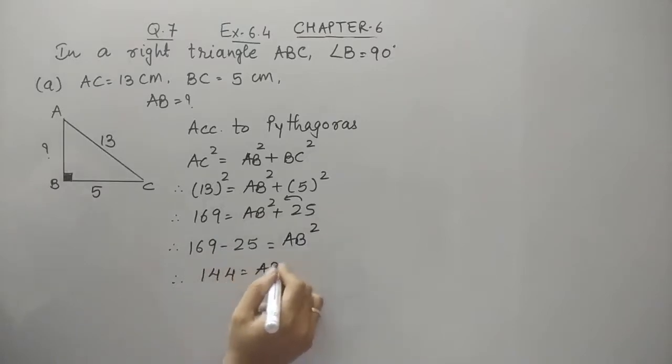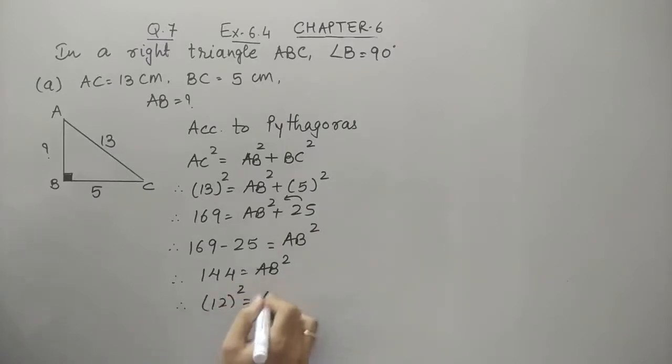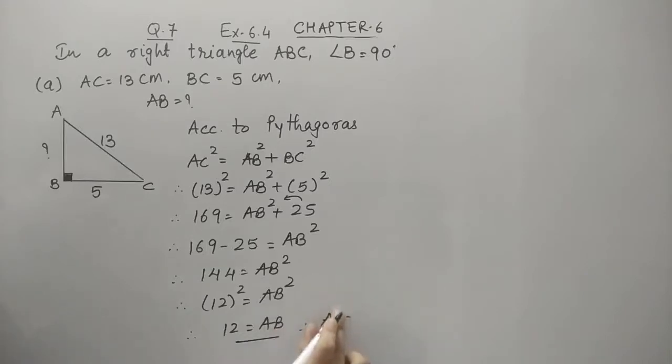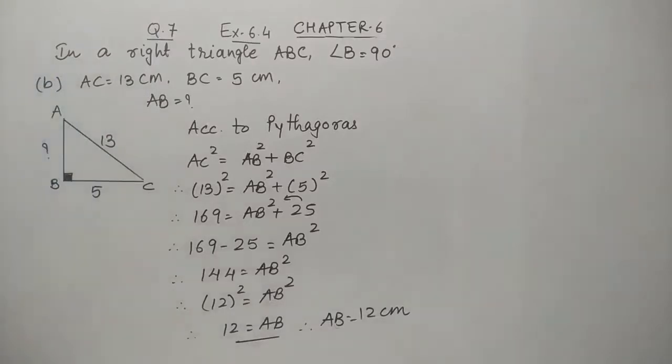So students, again we know that it is a square of 12. If you cannot recall it orally, you can go for prime factorization or the long division method. We can use any method, but as we know that it is a square of 12, we will remove the square from both sides, and hence we will obtain the answer. So we can say that AB is equal to 12 centimeter. Remember students, this kind of question can come in the exams. This is the second question. I hope it is quite easy and understood by you. Thank you.